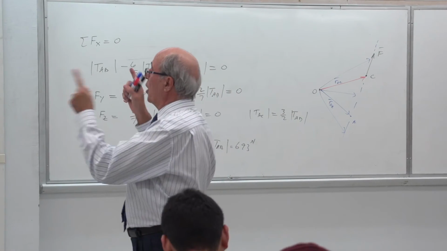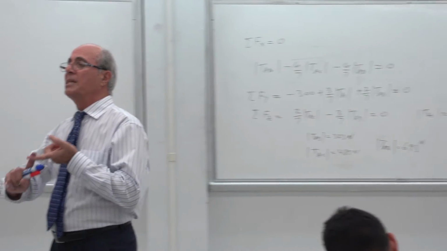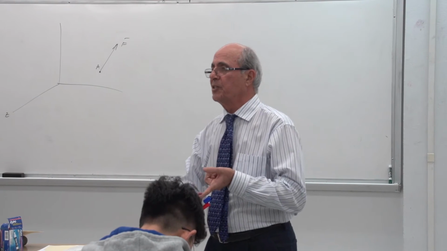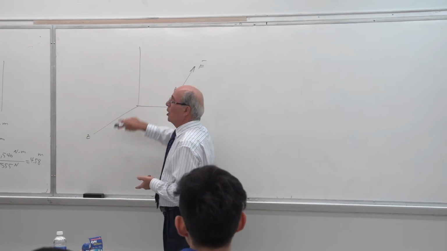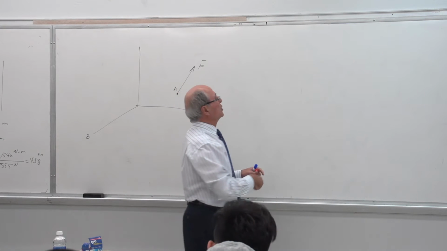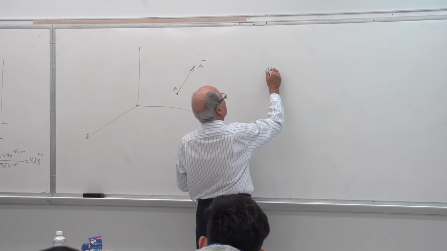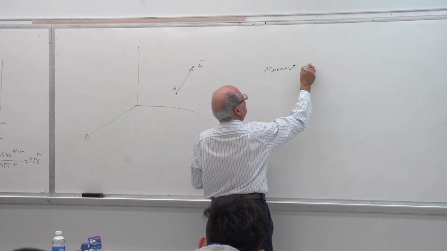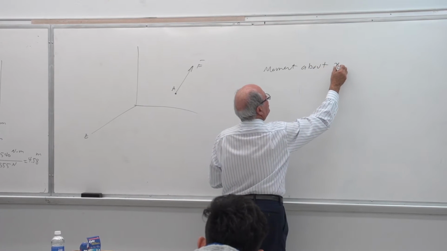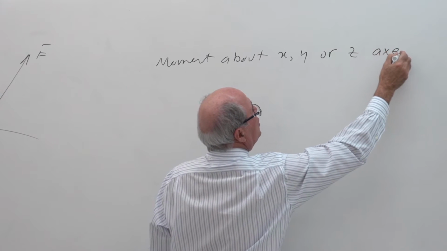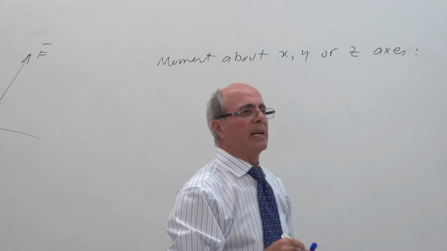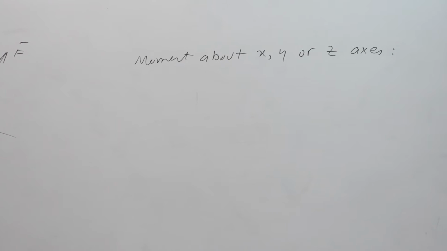First, let's divide this. We are talking about moment about a line. Notice this is very simple. If it's the moment about a line, those lines become the x, y, z axes that we know of. So let's put it this way again: moment about x, y, or z axis. And you want to answer that question. The answer you already have, because I already explained it to you through that tree. What should I do?